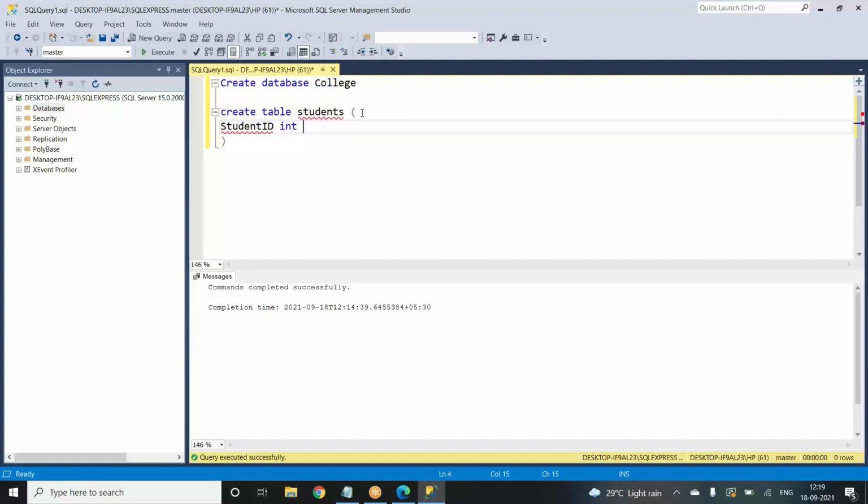So after giving the column name, we specify which data type it is, and later on, as the student ID or the ID column, most of the time it will be unique. There will not be any repetition. So we can declare the primary key here. This particular thing has a primary key, right? And we can say that it is not null. Not null in the sense that there are no null options or blank values. And the last one is identity.